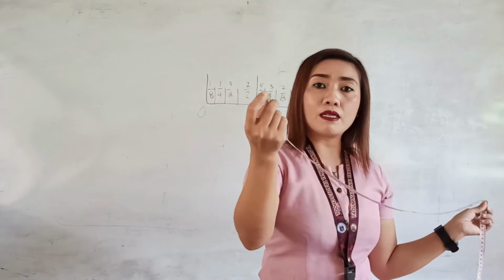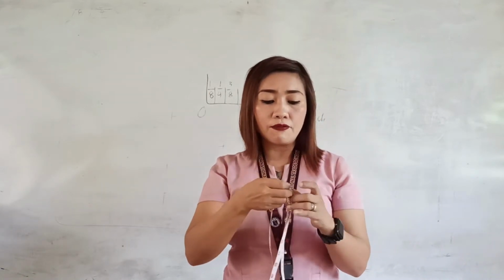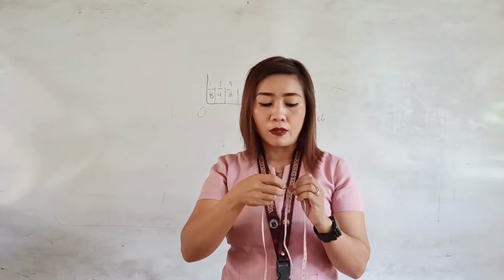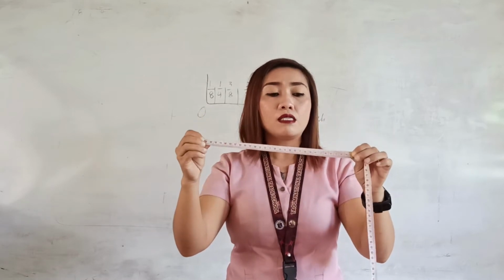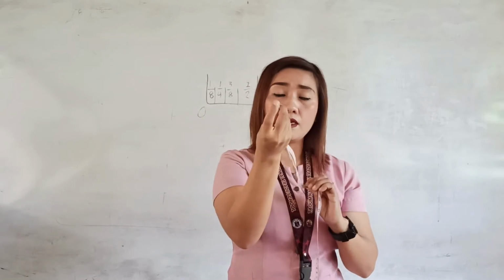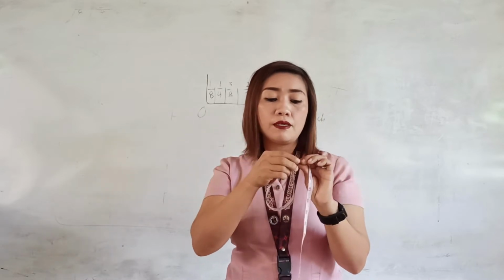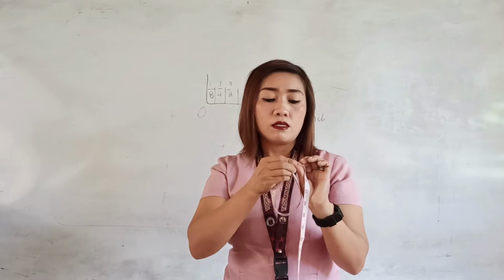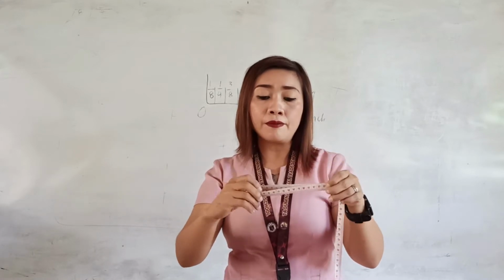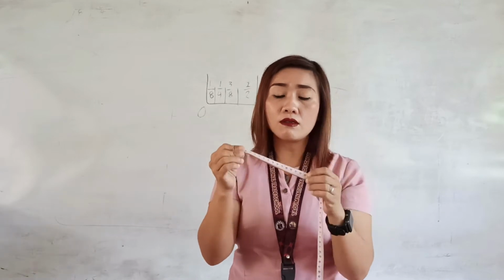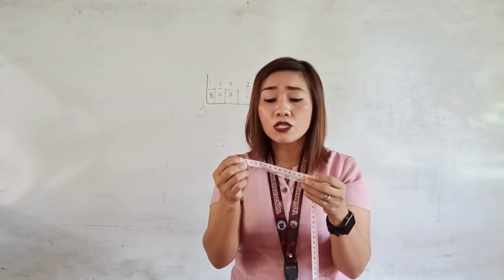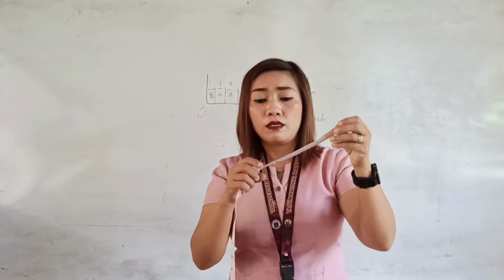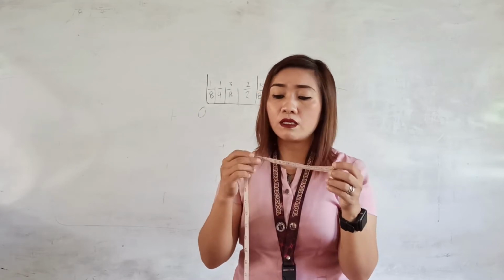Now, again, bring the metal tip to 24 inches. Since it has been folded once, this is the half. Since we need 1/4, the folded part should be brought to the 24 inches line and folded. And this is now the 1/4 of our 24. Now, when you try to locate the 1/4 of it, make sure that you know how to